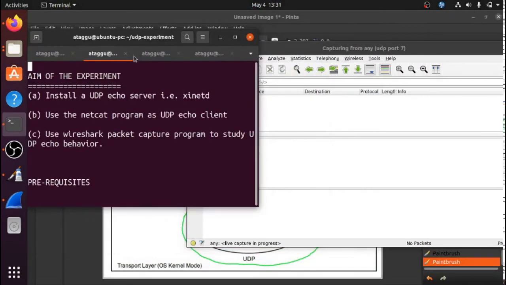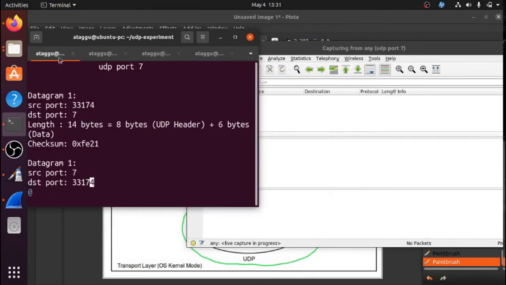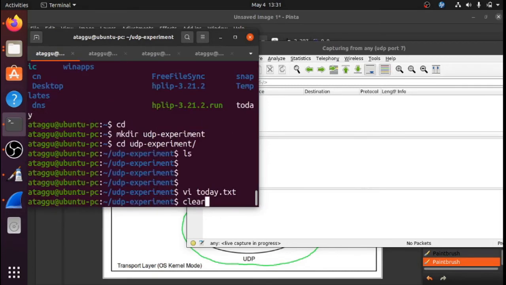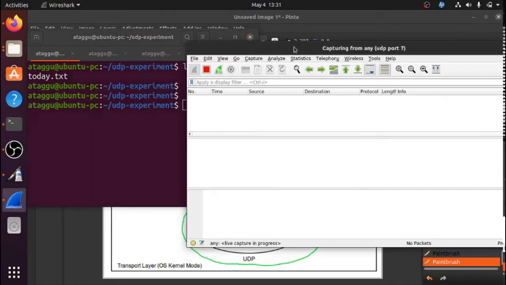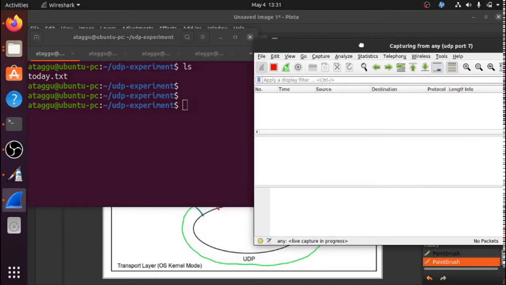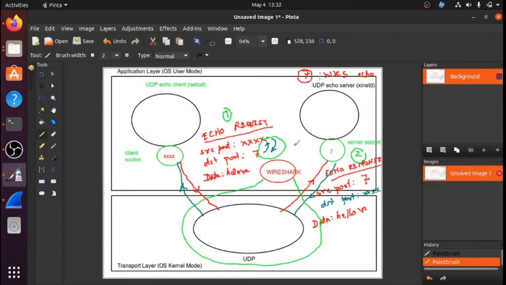Okay, now let's run this thing. So what are we going to do? Remember what the situation is here? The server is already running.